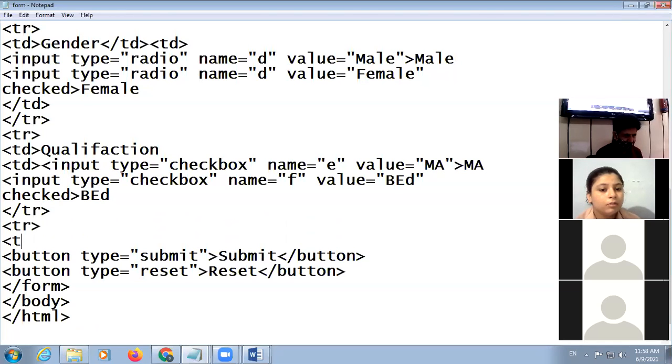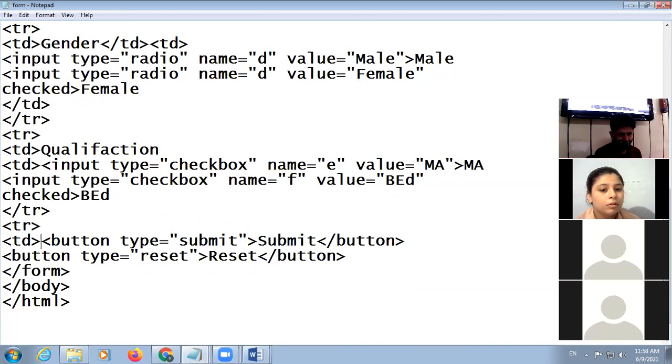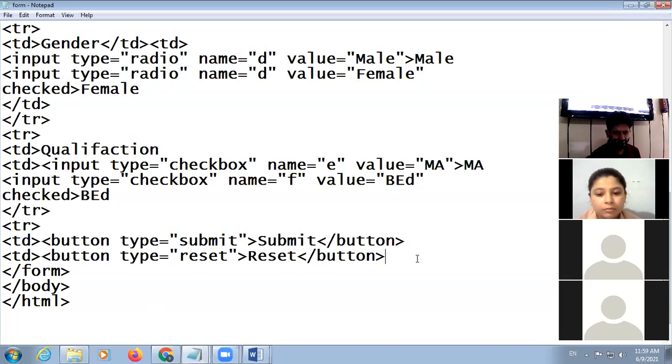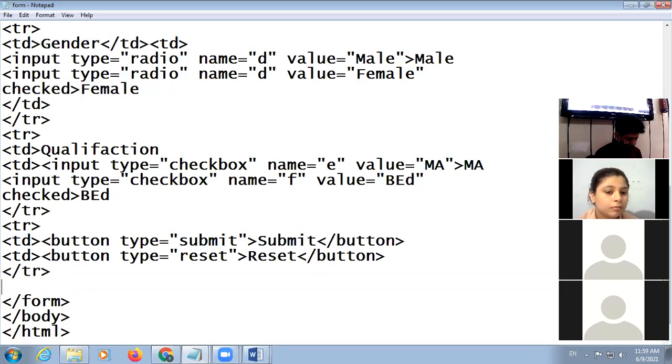In the first td we will give a submit button, and in the second td we will give a reset button, and then we close tr, and then we close the table.